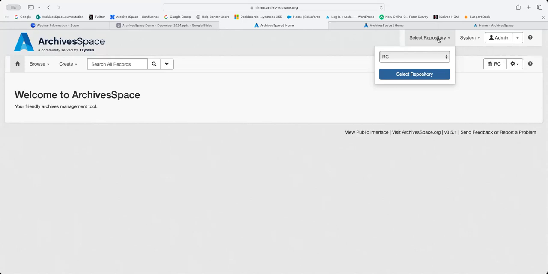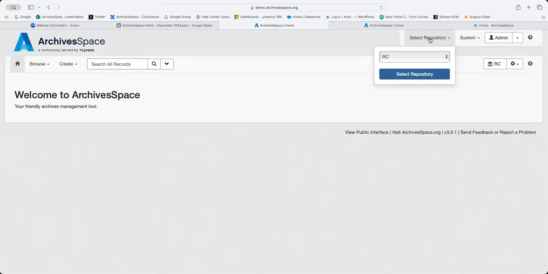But at the top of your staff user interface, you will see a series of drop downs that allow you to manage your application and also manage your repository. These are for doing things like identifying and selecting your repository, which is what this means, select repository. This may not be something that you will use at your organization. This is for those organizations that have multiple repositories or departments that are all using the same ArchivesSpace application, because you want to be able to make all of your archival material discoverable in a single location, of course, but you do want to manage your own records. So you can set up multiple repositories within one ArchivesSpace application.